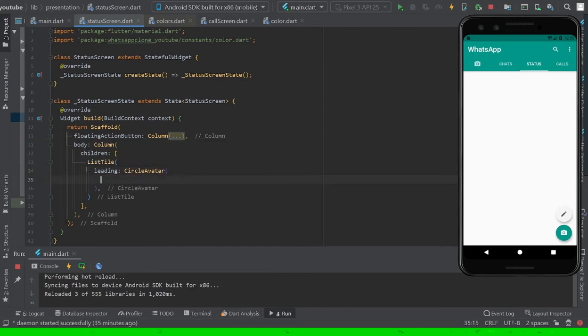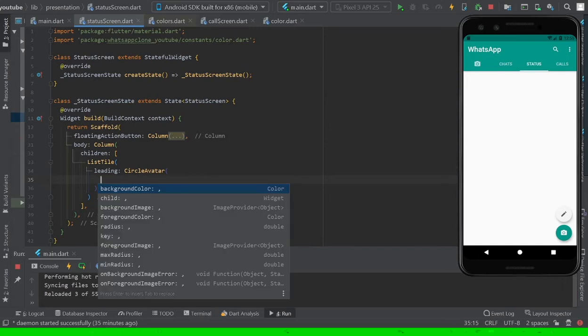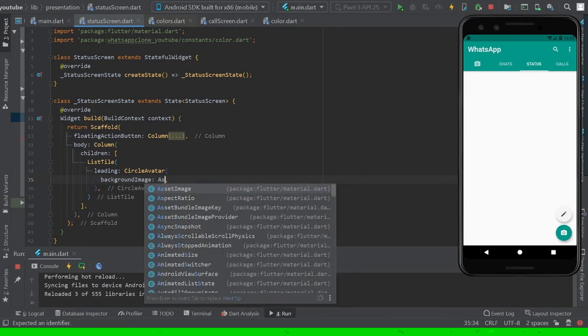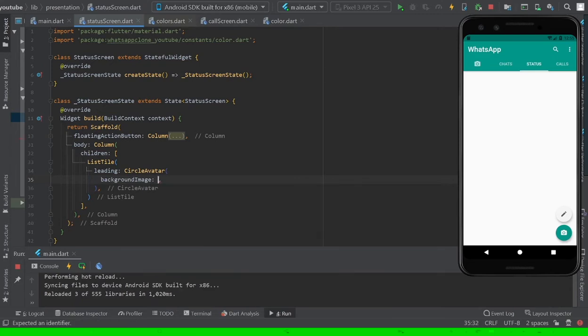On the circle avatar there is a thing called foreground image. There's background image and asset. We just use image dot asset here,